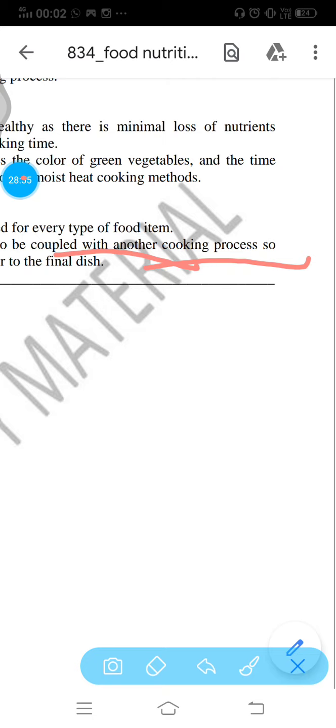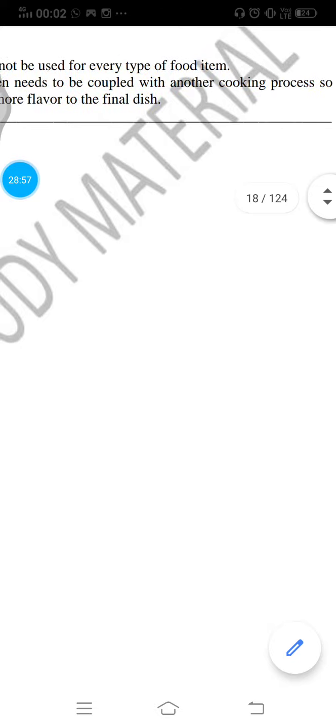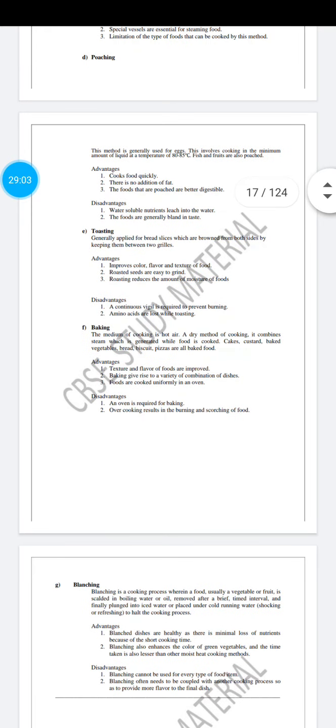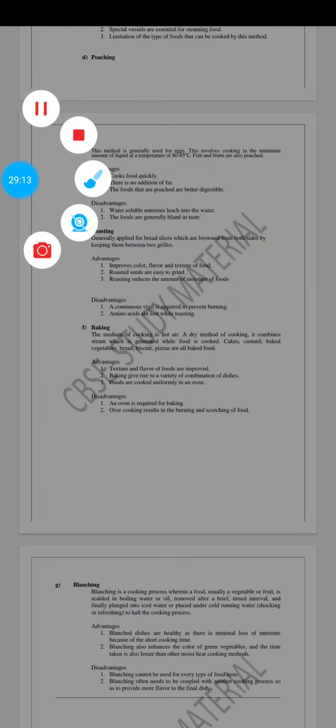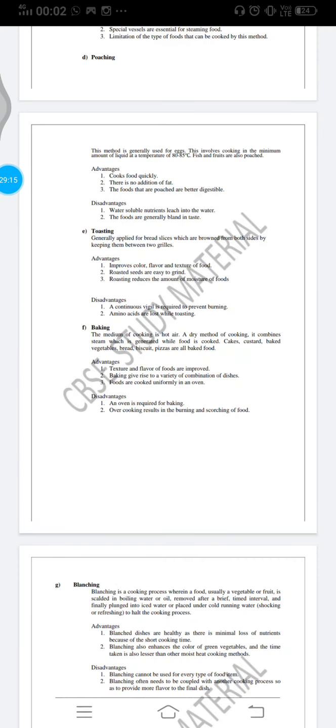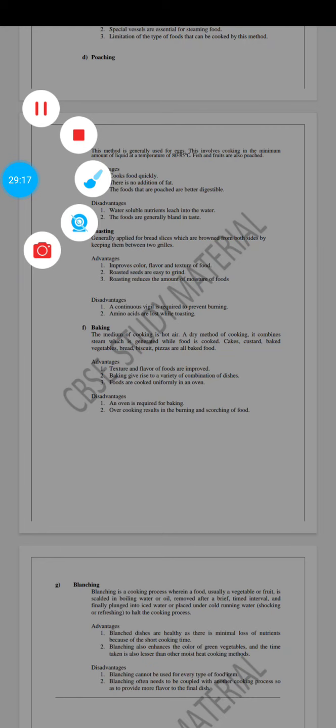So my students, we have done this chapter today. Like you can see here, a new chapter has started from there. So we have done with this chapter of methods of cooking. It's a very easy chapter. So your homework is to read this chapter, learn this chapter, and relate this chapter by going in the kitchen of your home and discussing the things with your mother, and you can even help your parent in cooking.